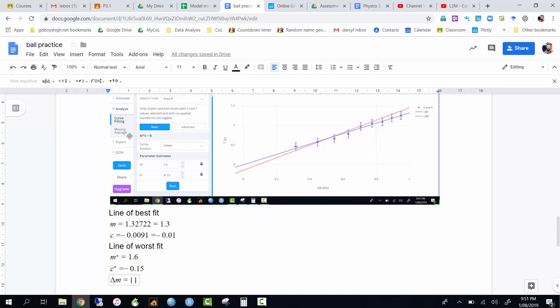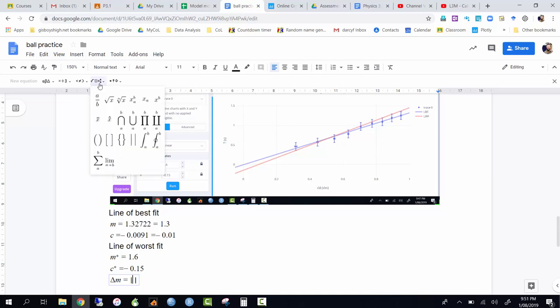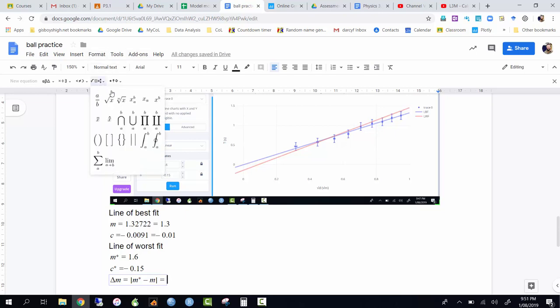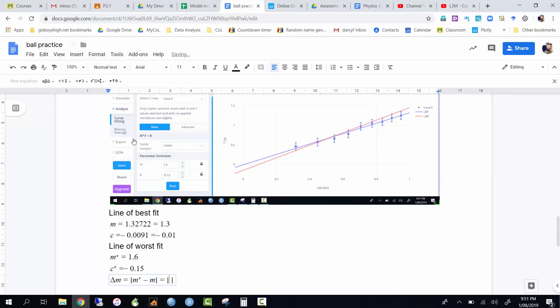So we've got our m star, take away our m value, and I've put them the right way around here, so it's going to be equaling to the absolute value of 1.6 take away 1.3, which is very clearly 0.3,